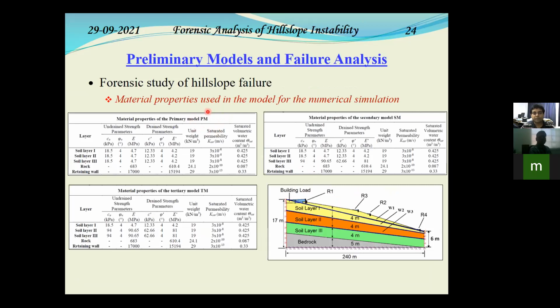So PM is the primary model taken from the first borehole. SM is the secondary model taken from the second borehole. And TM is the third or the tertiary model taken from the third borehole. So all the parameters which were obtained from the geotechnical investigation report already done at the site, those parameters we used to set up the soil structure model over that particular landslide area for the numerical